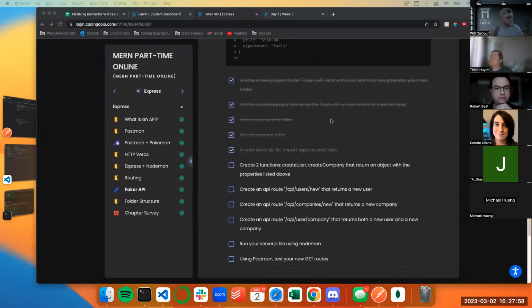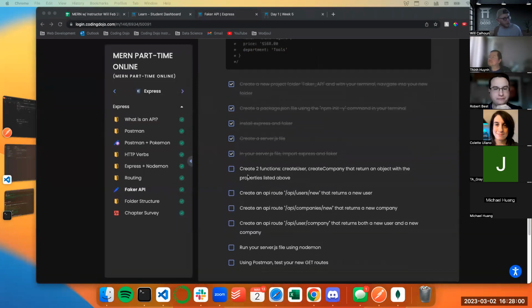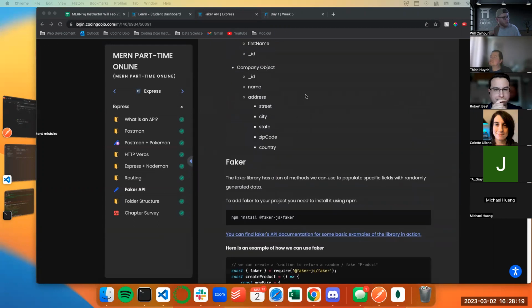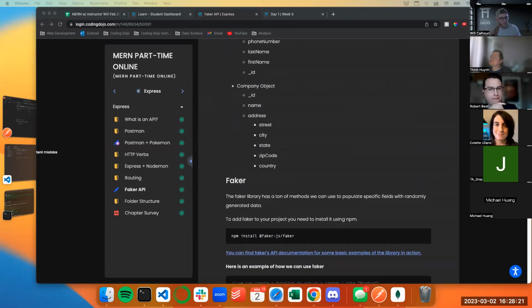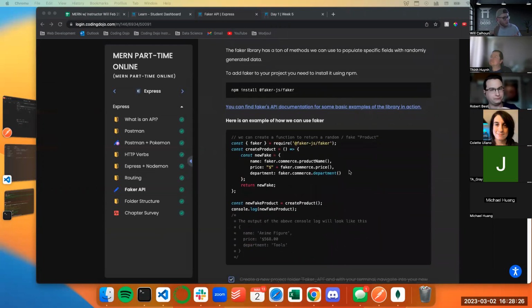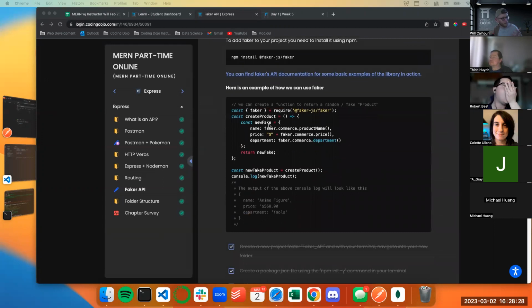Okay. So now we really start using our code. We're really going to get into the code. It's no longer the setup. What I need to do is create two functions. So create user, create company that return an object with the properties listed above. So it's these right here. And so what I know is I need to create some sort of object, and it's going to return. Similar to this create product, I'm going to use this kind of as my